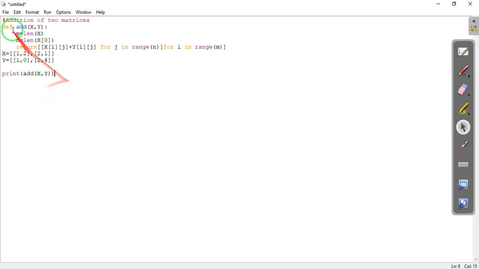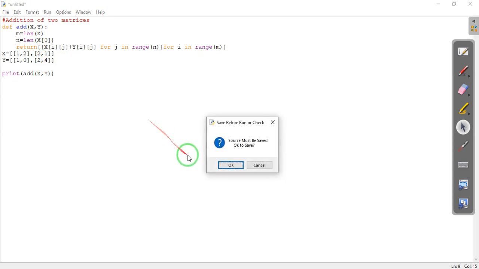Once Python runs this program, it will print add of x and y, that is, it will give the answer. Remember, x is 1 comma 2 first row, then 2 comma 1 second row, and y is 1 comma 0 first row, and 2 comma 4 second row. So let's run this program and see what happens.